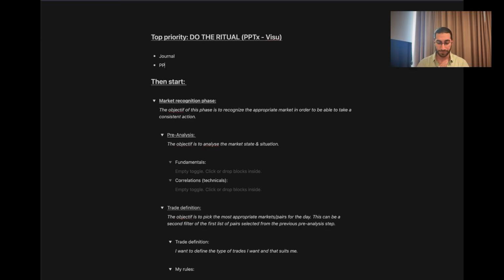And I have a PowerPoint. So basically, in this PowerPoint, I have my whole trading process outlined in a really nice way that is easy to read and easy to view. And so when I open that PowerPoint, I just use it as a reminder, and this reminder will allow me to basically stick to my rules, and we'll talk about the rules.